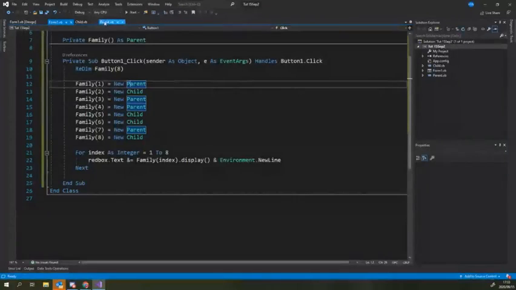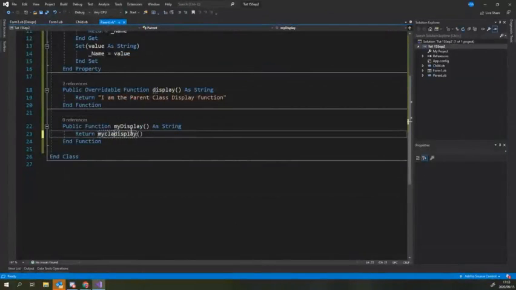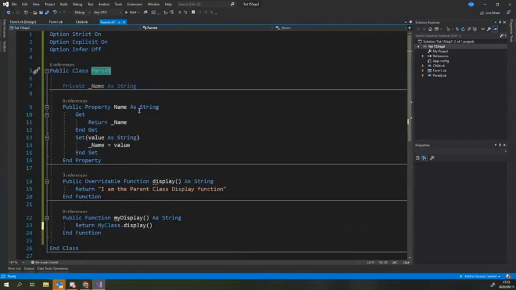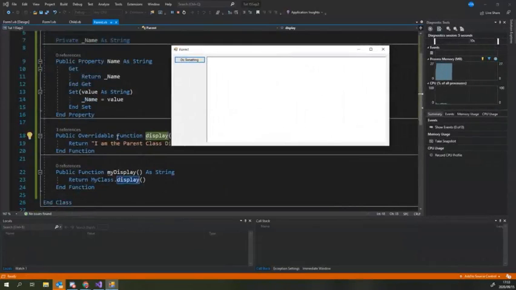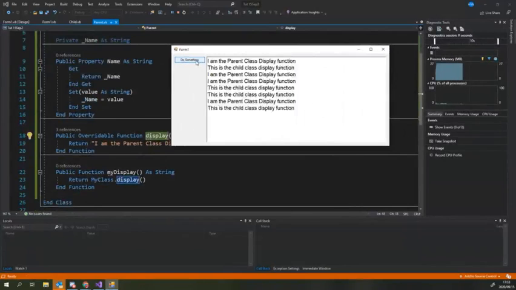But now, if I add my class, what I'm doing here, we're currently inside the parent class. What I'm doing here is saying my class is, I'm saying that when you call the display function, you want to call my class's display function. So in this class, my class, I want to call this specific display function. So when you invoke the my class option, what it does, it makes sure that when you execute it, irrespective of whether it's overwritten or not, it will execute